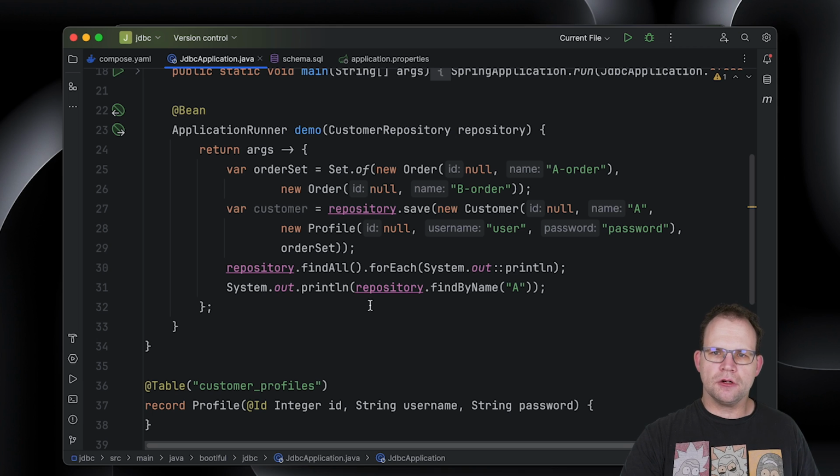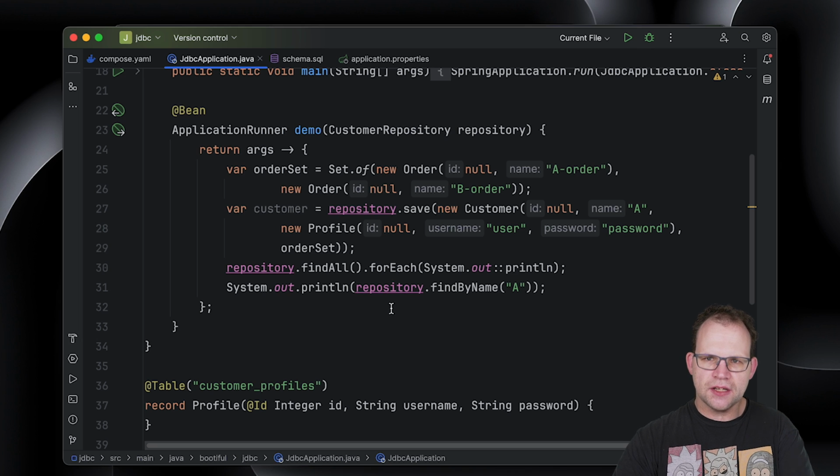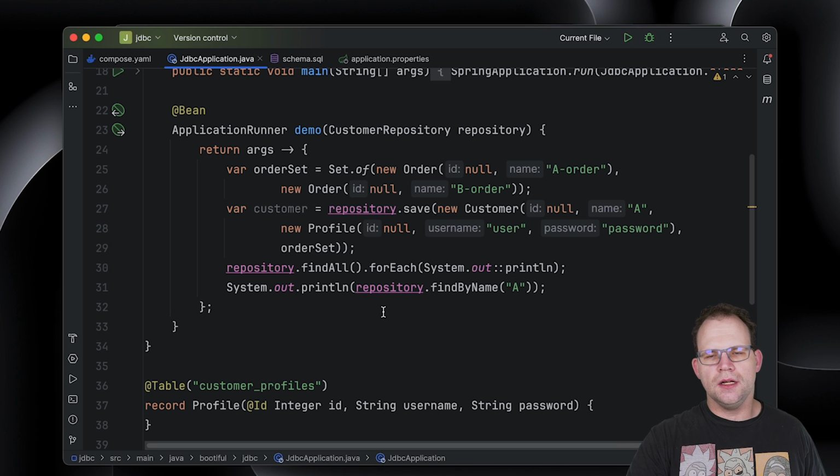It knows about your object graph, and it's undeniable that that could be very useful if well tuned and if you understand what you're doing. But we don't have that in Spring Data JDBC. There's no second level cache in Spring Data JDBC per se, but there is one of a sort.